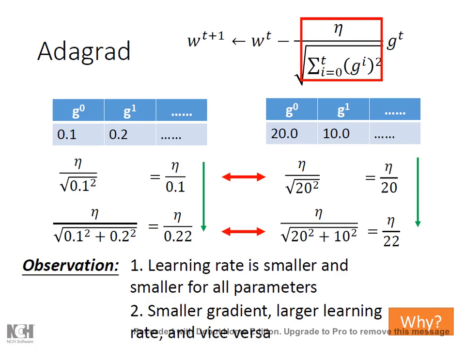And after the second iteration, you have to sum the first gradient and the second gradient, summing the squares together, then taking the square root. And you see, through this process, your overall learning rate is